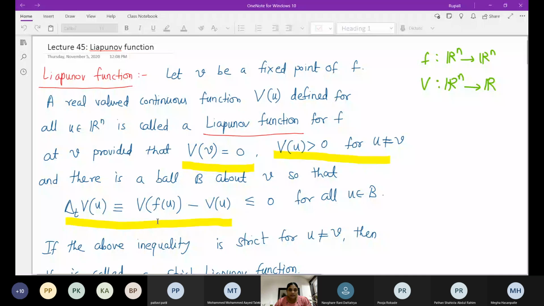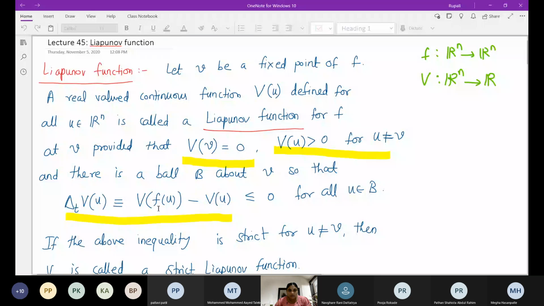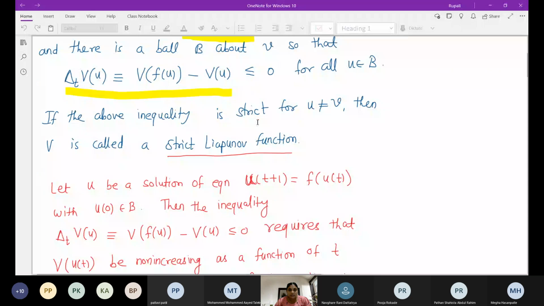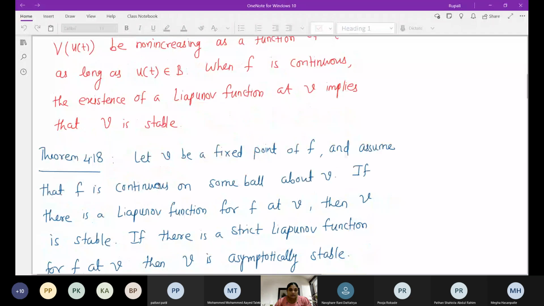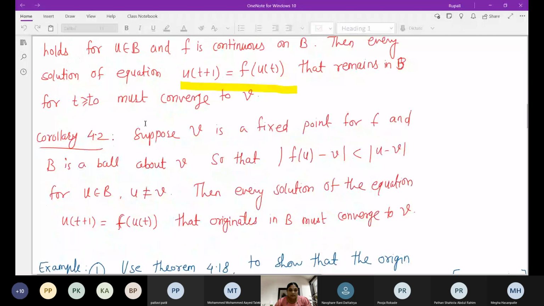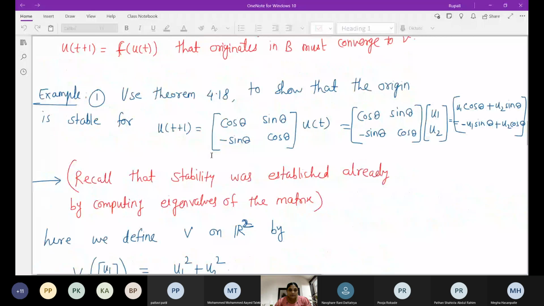And if this inequality, this less than or equal to 0, is a strict inequality, strictly less than 0 for all u in B, then we say that it is a strict Lyapunov function. And we have seen some theorems and corollaries, and we have solved some examples based on the Lyapunov function. So using the Lyapunov function, we have established the stability of that